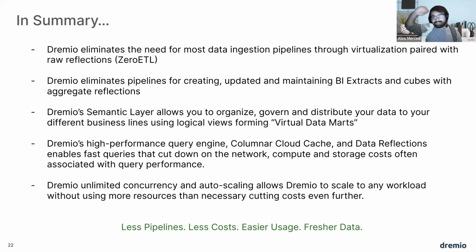They're not juggling 50 different names because reflections are transparent. They don't have to think, oh, there's version A and version B, and I need to query version B for this particular purpose. Dremio will swap out reflections when they make sense. Dremio will figure all that stuff out. They just say, hey, I need to query the sales table, I'm going to do this query. And then Dremio will swap out the right version of the sales table